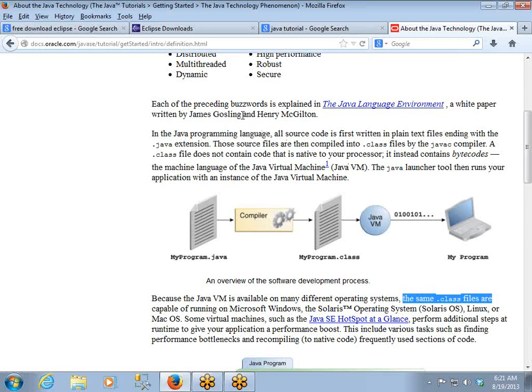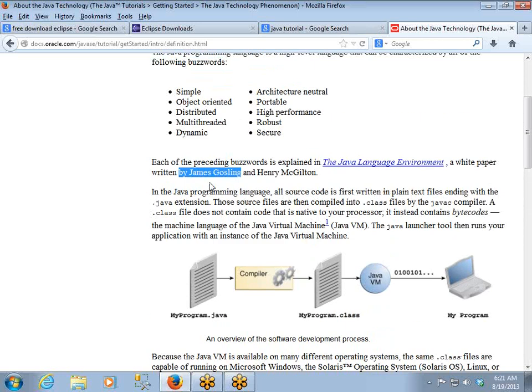So he's the person who is known as the designer of the Java compiler. People say he is the father of Java, right? So this is a very important feature. Apart from this, it is simple. It is called simple.